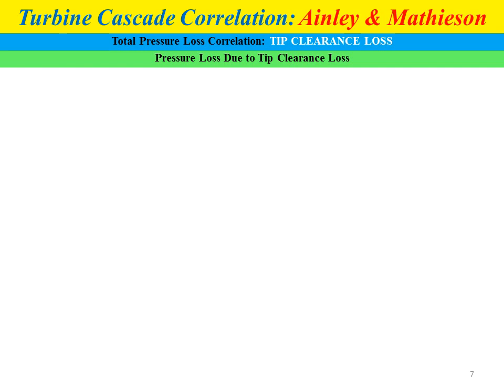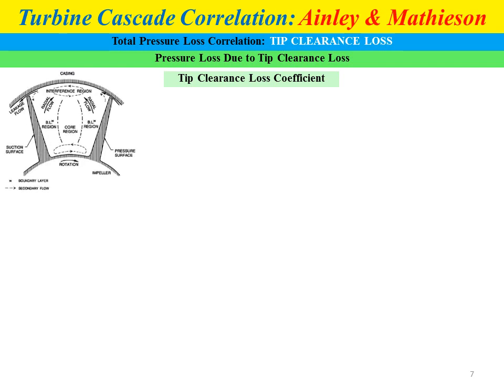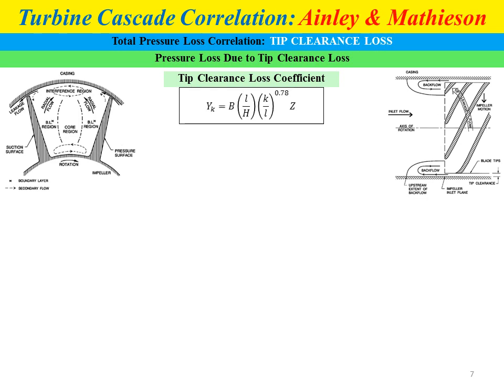Okay, the last correlation introduced by Ainley and Mathieson for turbine cascade is the correlation involving total pressure loss based on the tip clearance loss or fluid leakage loss. From the correlation we will obtain the pressure loss due to tip clearance loss or fluid leakage loss. Ainley and Mathieson introduced the equation for the tip clearance loss coefficient, represented by the symbol YK, where YK equals B multiplied by L over H multiplied by K over L